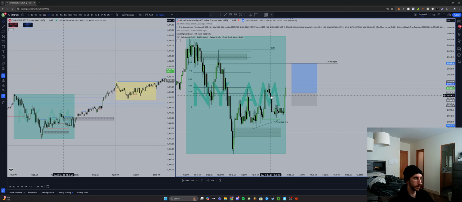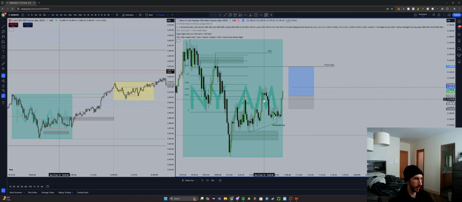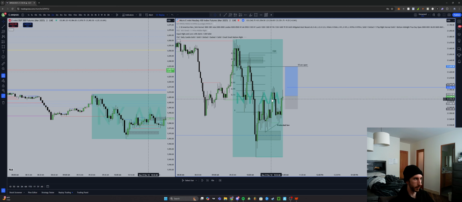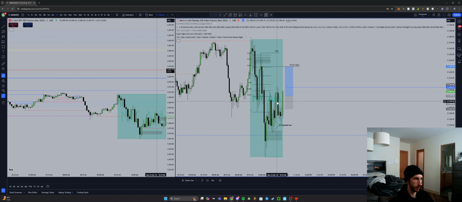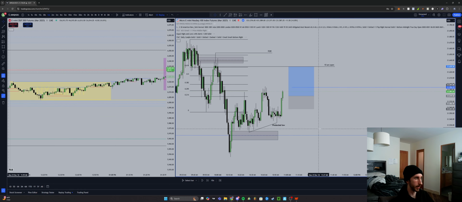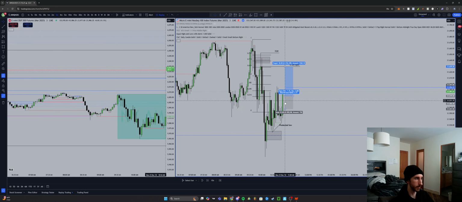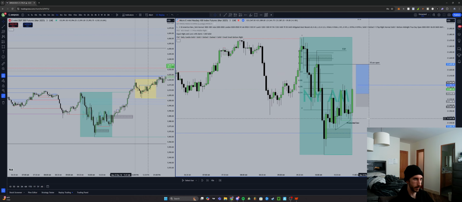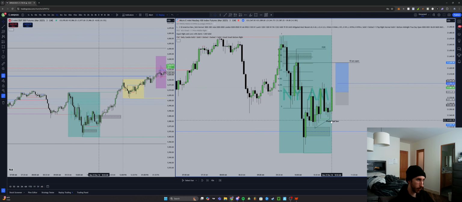So boom, we have a gap, a very small gap there. You can go to the 2 minute and look as well. We have a 2 minute gap up here and a 2 minute gap down here. You go to the 3 minute, and we have a 3 minute up here. So go back and see this 3 minute right here. This is not a good long because why? Well, for one, it's choppy conditions, so you can't just assume that we're not going to get a pullback again after having this type of displacing candle.